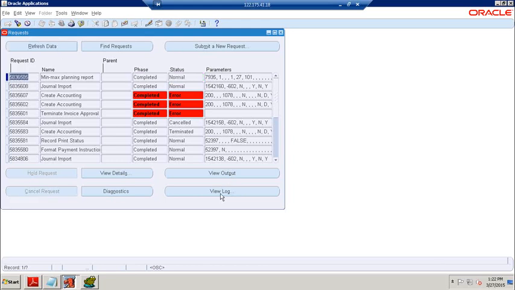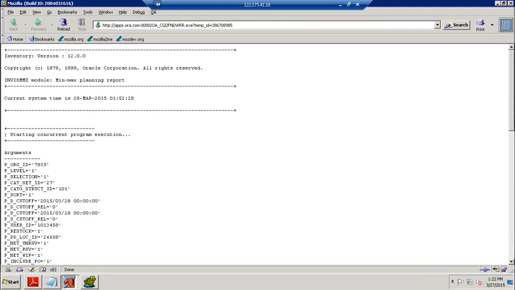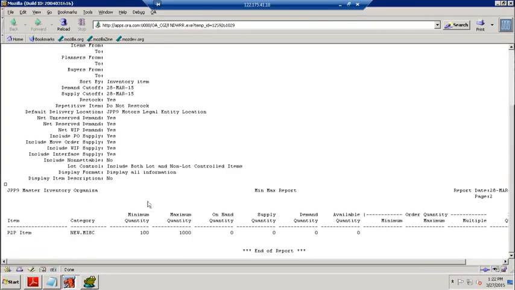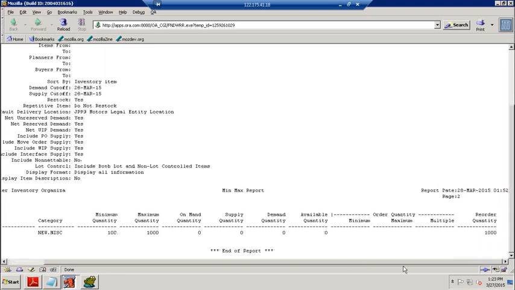Now it is completed normal. Click on view log. Click on view output. It shows us which item is applicable for the planning report, and also which item is in shortage in our inventory, right? So here this is the item and this is the minimum quantity. This is the maximum quantity.